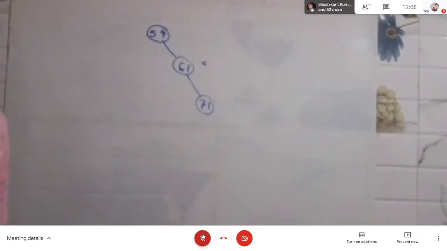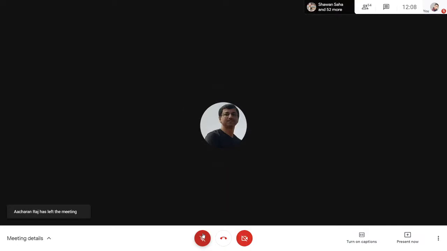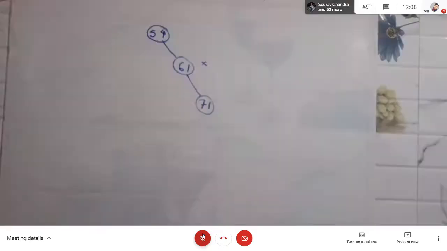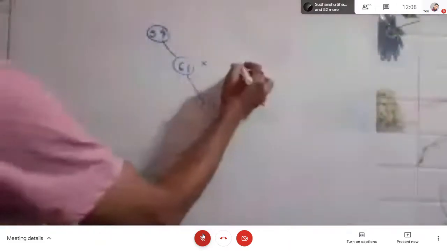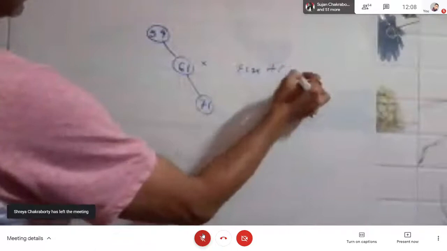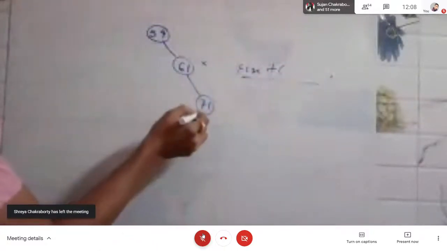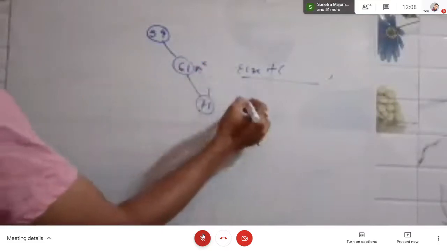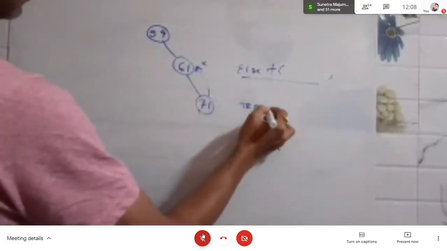T of n equal to 2 power n into T of n by 2 plus n power n. If you look at it, a is equal to 2 power n. Actually a has to be a constant greater than or equal to 1, and this is not in that form. So clearly for this one, Master's theorem is not applied. We shall see later how to convert some of the problems for which Master's theorem is not applied into some other form where Master's theorem could be applied, but for this one Master's theorem cannot be applied. Okay, we shall see more examples later.